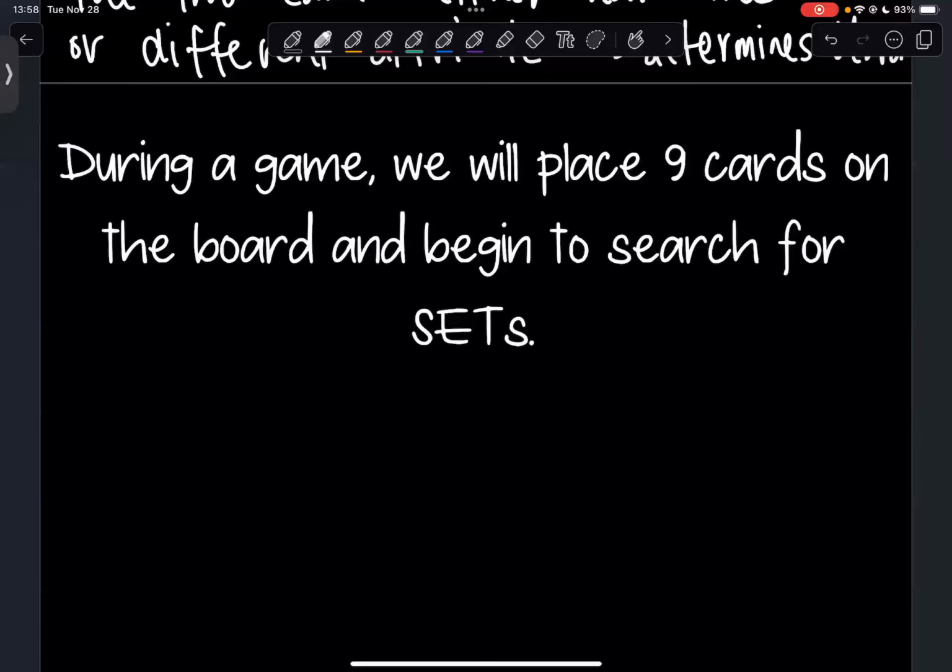Right, and then we replace the 3 cards that we took away so that we still have 9 cards after we pick them up. And we want to be careful, right, especially when we're first starting out, that we're actually picking up sets or correct sets. So usually we'll take it a little bit slow at the beginning and kind of prove it to ourselves that we are actually picking up a set, that there was actually a set showing up there. Okay,